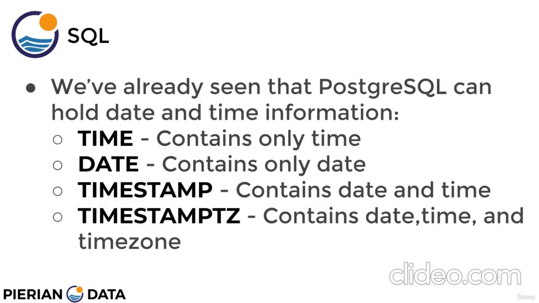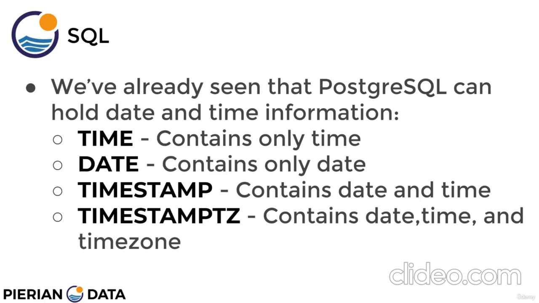So we've already seen in our tables that PostgreSQL can hold date and time information. For example, we saw that timestamp data type column for things like when a customer actually rented a DVD. Now keep in mind, there's actually different subsets of data types that refer to things like storing time information or